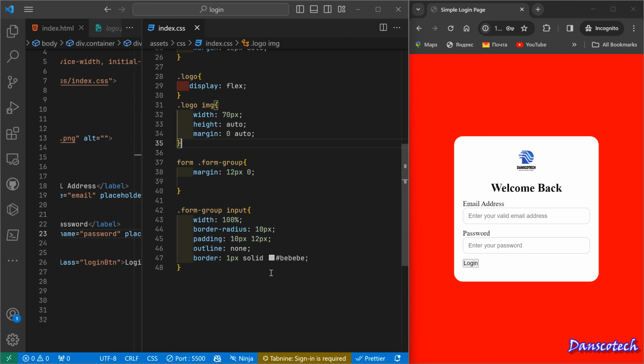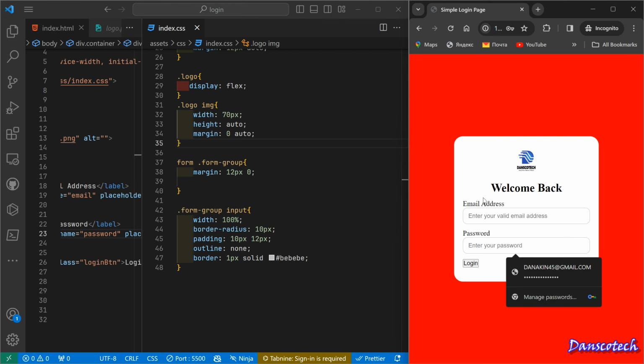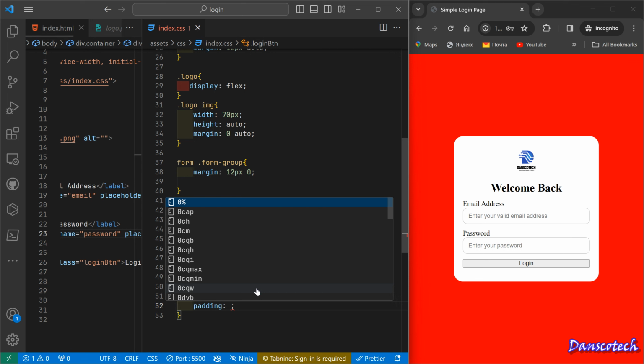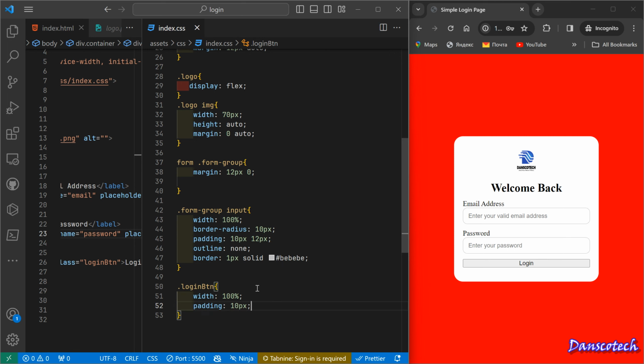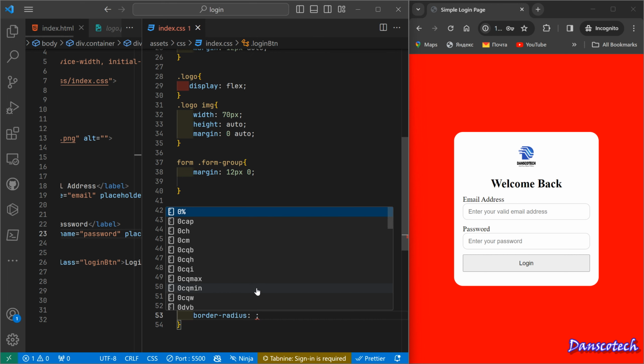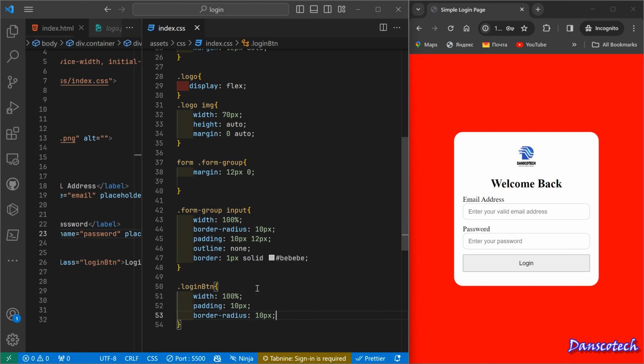So the next thing we are going to do, this is our form field. So the next thing is to design our button, which is the login button. So we just say login, because it's a class, we make use of dot. Let's just make the width 100%, padding 10%, border radius 10%,